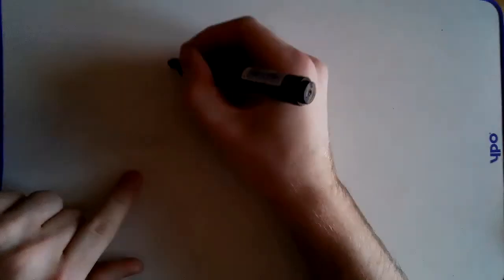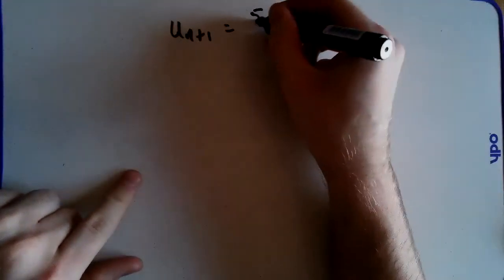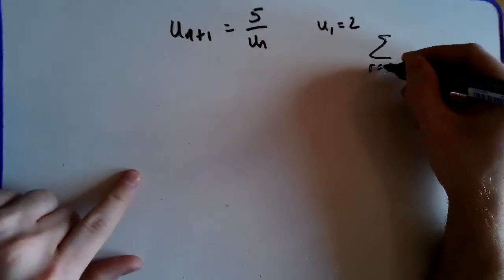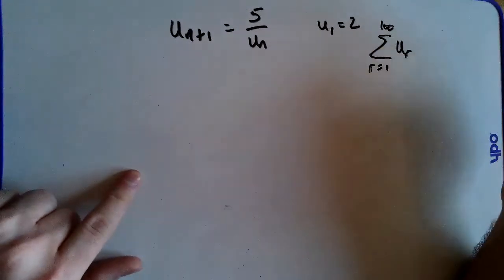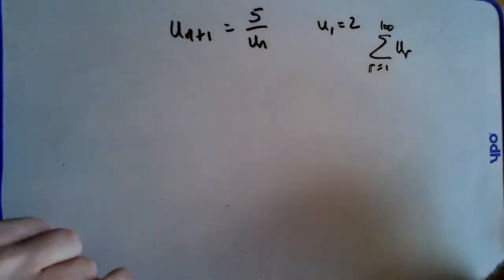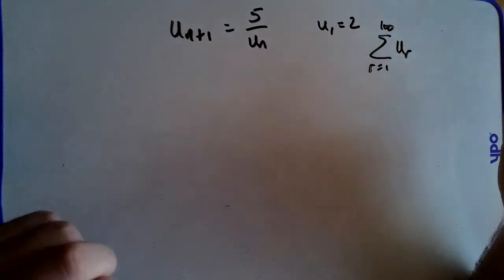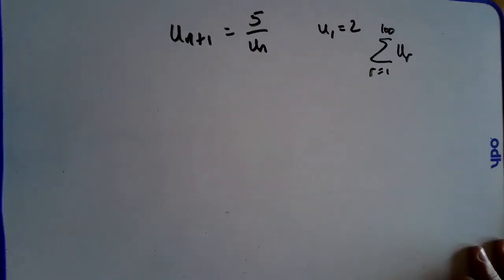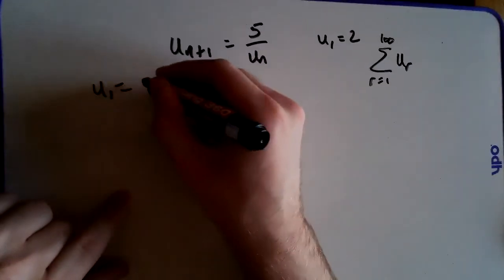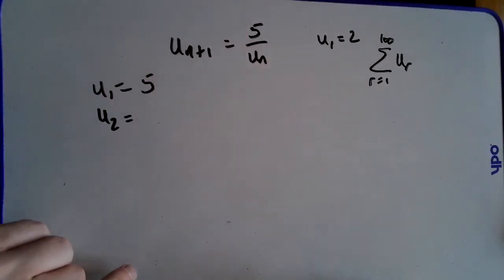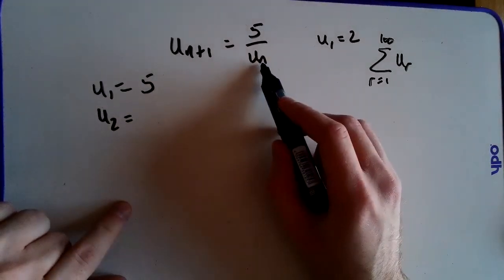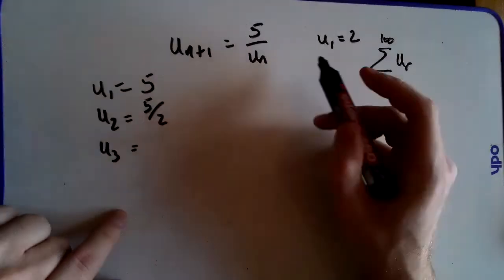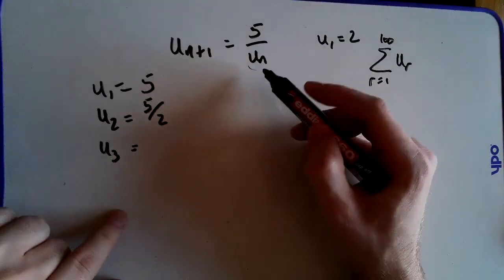We have u(n+1) is 5 over u(n), and u1 is 2. And we want the sum from r equals 1 to 100 of ur. So that just means the first 100 terms. So remember, we can only use the Sn formulas if it's arithmetic or geometric. Well, let's see what type of sequence it is by working out the first few terms. The first term is 5. The second term, well, if I sub in 2 into there, I get 5 over 2, or 2.5. If I sub in 2.5 back into there, 5 divided by 2.5